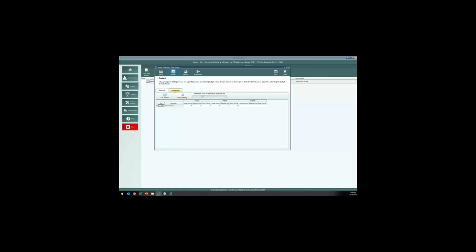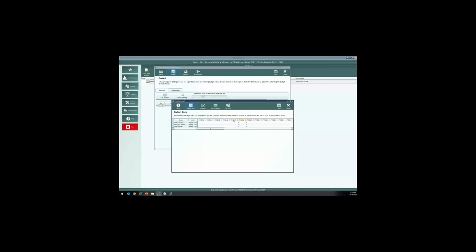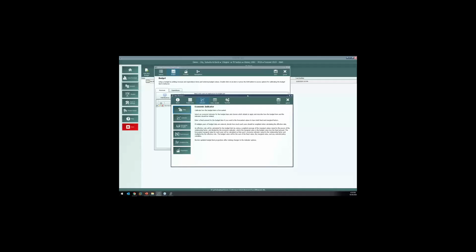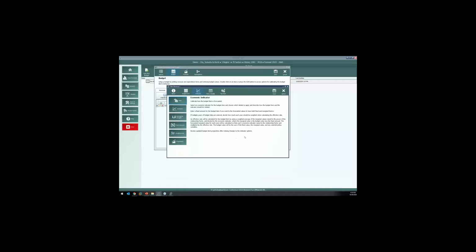We've made it so, let's see, I've got an example in here. So this is one where you can put values in for multiple regions. You can put it in that way, or you can put it in this way. It's a little bit of a pivot there. But also we've added a lot more information about how you calibrate each of these budget items. So we have a separate tab for the indicator, to give you some more room to put that information in and some information about it.